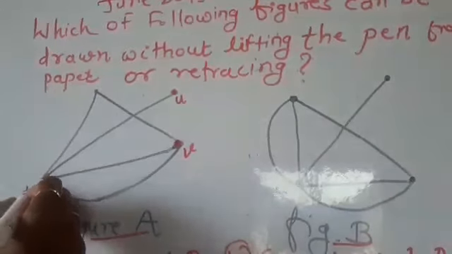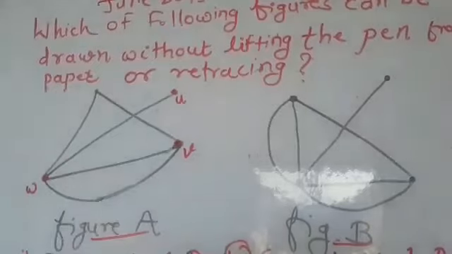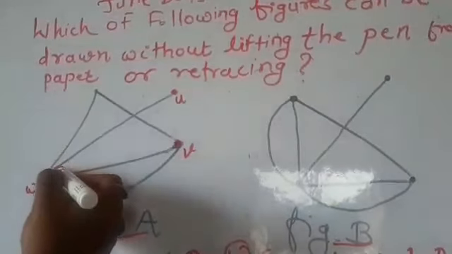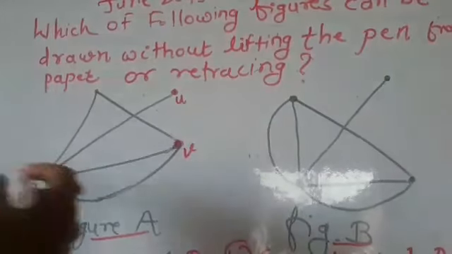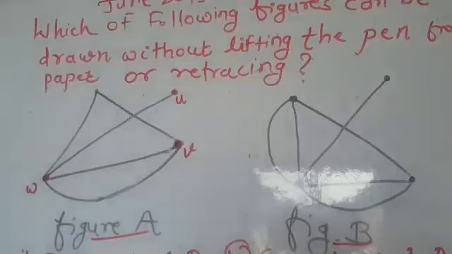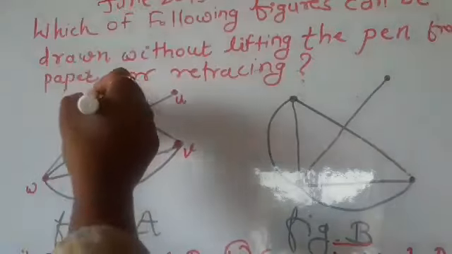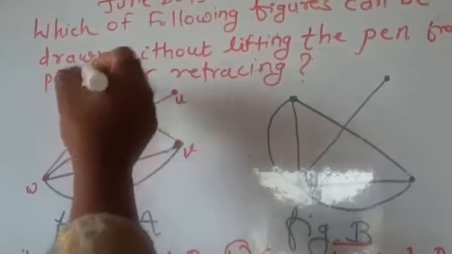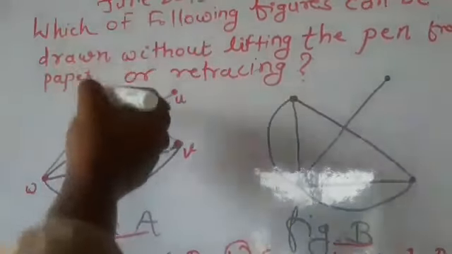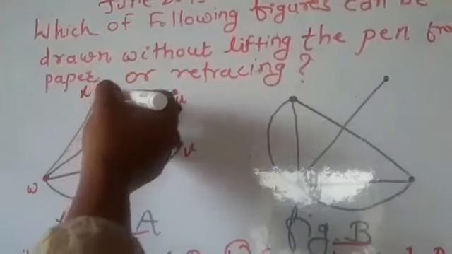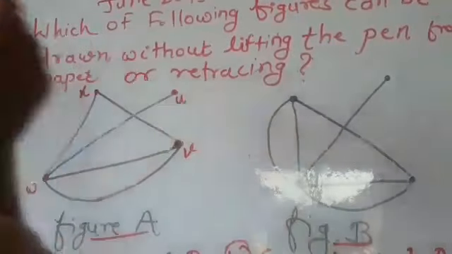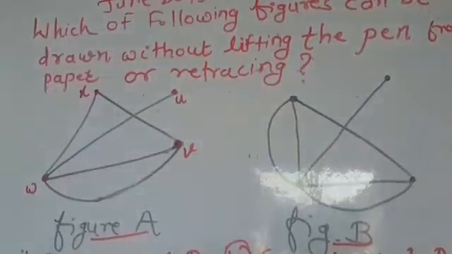Similarly, suppose this is vertex W. The degree of vertex W is 1, 2, 3, 4. Since 4 edges are drawn from W, the degree of W is 4. And suppose this is vertex X, then 2 edges are drawn from X, therefore the degree of vertex X is 2. That is, in the graph theoretical view we count the degree of each vertex.